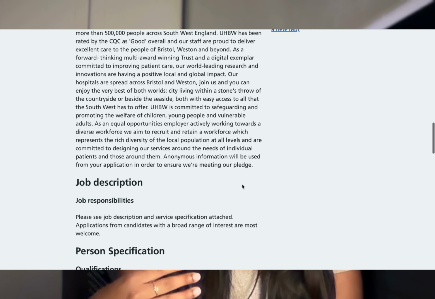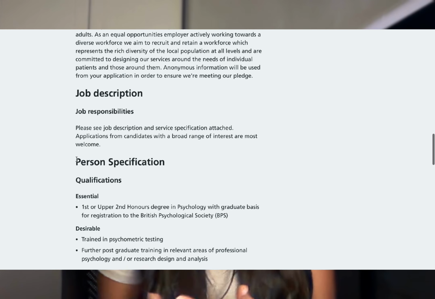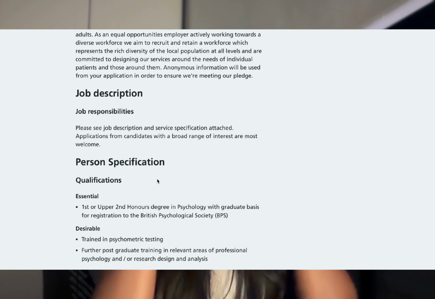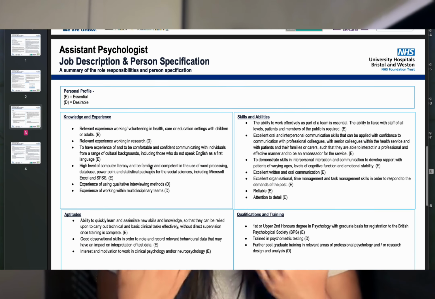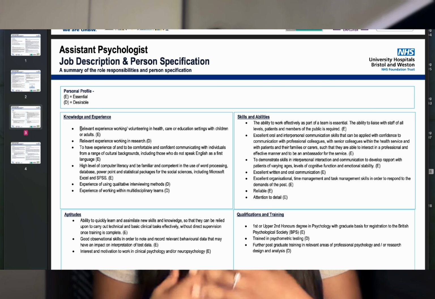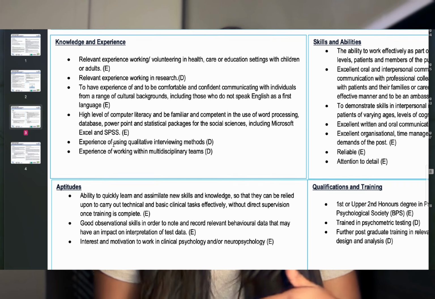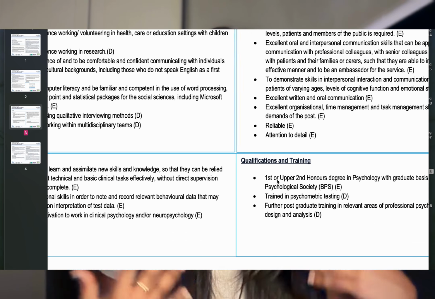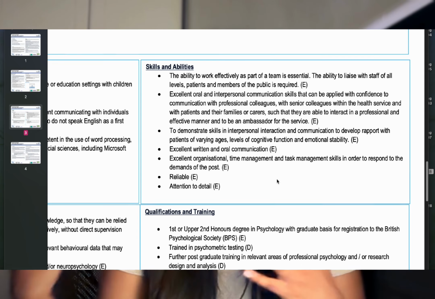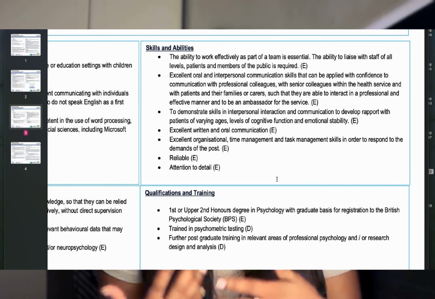When I was first writing these statements, I would want to make them so detailed and flowery and nice to read, but honestly they are not looking for that. I've spoken to people on the panel for assistant psychology interviews, people who shortlist, and they are not looking for something flowery and long. They don't have the time for that because they're probably looking through 100 or 50 applications, and they also have their own work to do, so they don't have much time to digest everything. The time I saw my applications being more successful is when it was really succinct, and I made sure that every single specification outlined in the description,